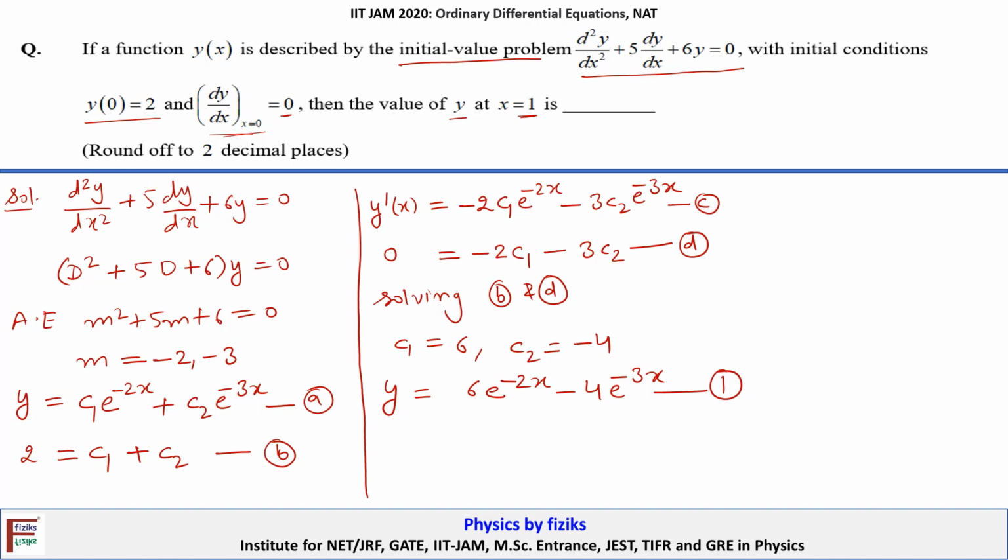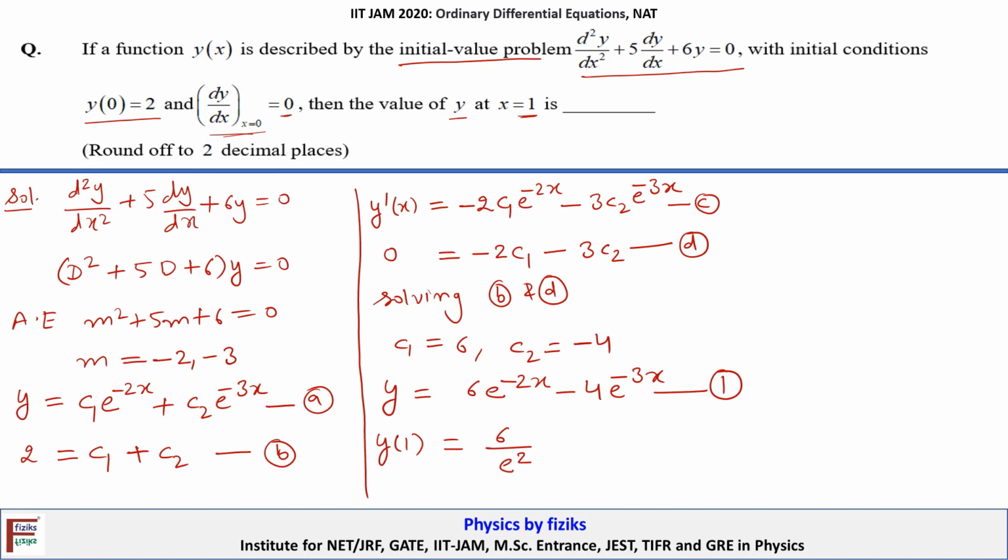Now we have to calculate the value of y at x = 1. On substituting x = 1 in this solution, we obtain 6 times e^(-2), which becomes 6/e²,